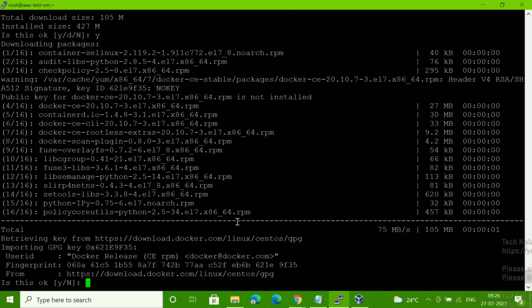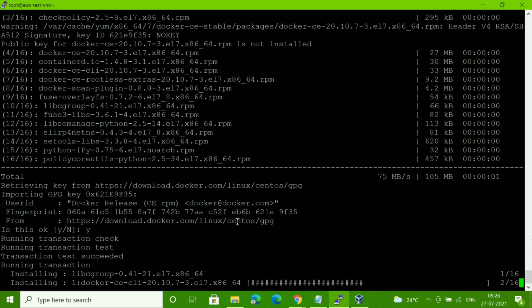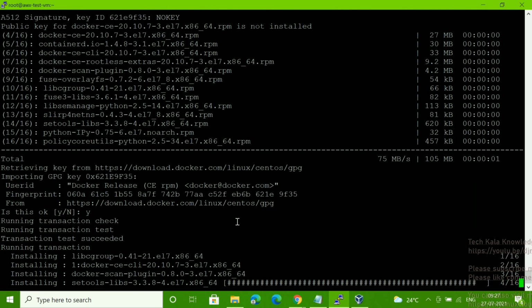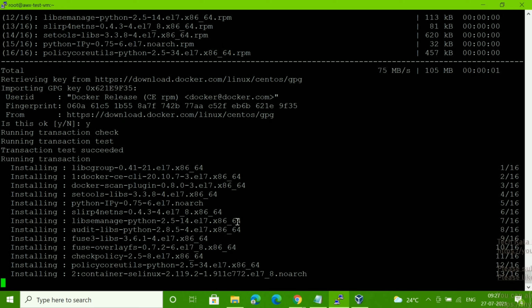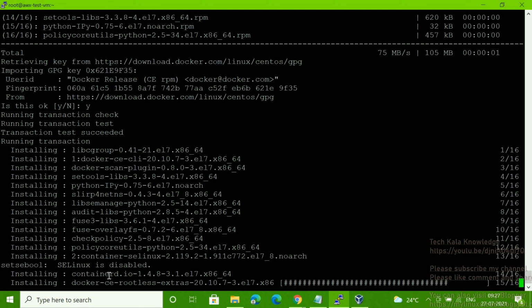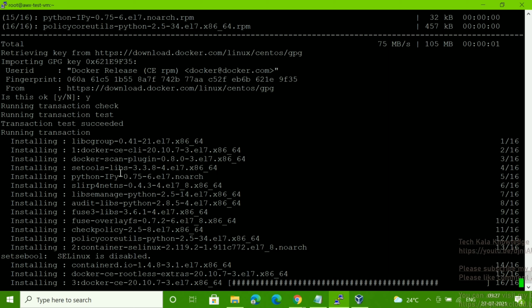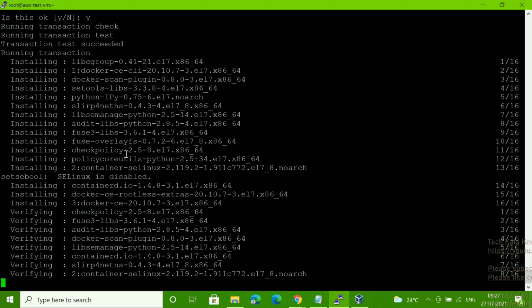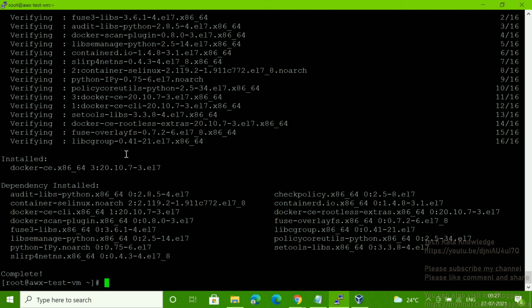Yes. So it's going to install all the dependency packages also. Once we install this, you can see it's checking here whether SELinux is reachable or not. Okay. Fine. So once you install this package, we have to start this service.